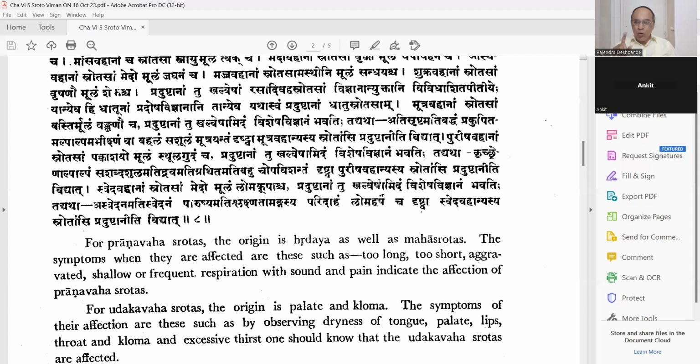Kindly excuse me, the shlok is not in front of you, but you will have to write it down on your own. I will repeat. Charak Sutra Sthan, chapter number... the print in front of you is Charak Vimana Sthan, chapter number 5. But this shlok will come in the Charak Sutra Sthan. Ashraddha, aruchi, asya vairasya. I will repeat one by one. First symptom, please write down the first symptom. Ashraddha. Okay? Now write down the meaning.